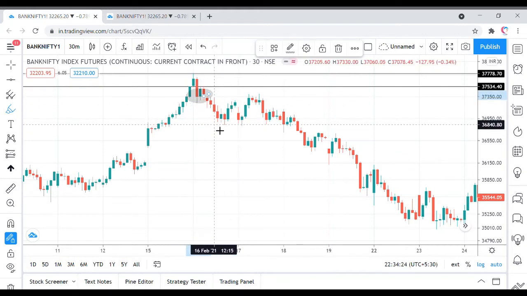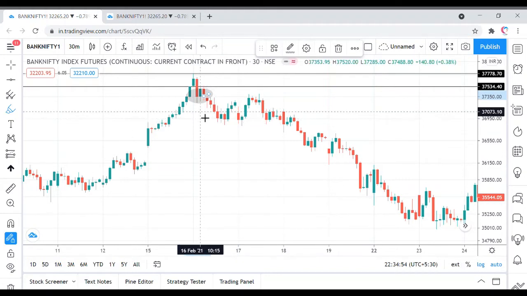I want to make it clear that with this strategy you need to close before the end of the day. If your SL has not been met or your target has not been hit and it keeps in a range, before the end of the day you need to close this strategy. You cannot take a positional view according to this strategy because this is just an intraday strategy. This cannot be used to carry over the futures contract.